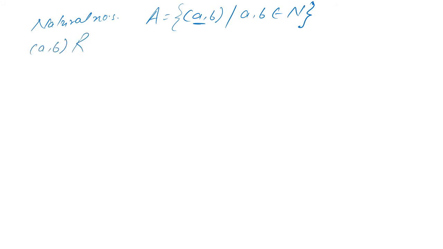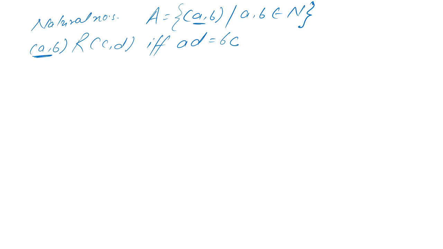but this time the set that we are using, let us say the set A, is a set of pairs such that a and b both belong to natural numbers. So the set which we'll be using for creating the relation is a set of pairs, right? Now the relation is defined as (a, b) is related to (c, d) if and only if ad is equal to bc.